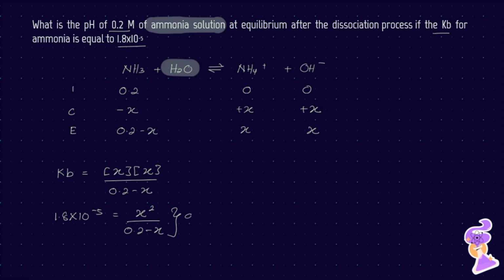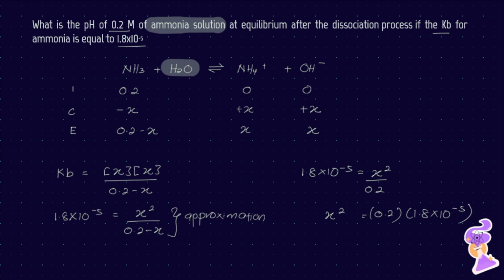So here we are going to do the approximation method. You will get 1.8 times 10 to the power of negative 5 is equivalent to x squared divided by 0.2. Therefore, your x squared is equivalent to 0.2 times 1.8 times 10 to the power of negative 5,